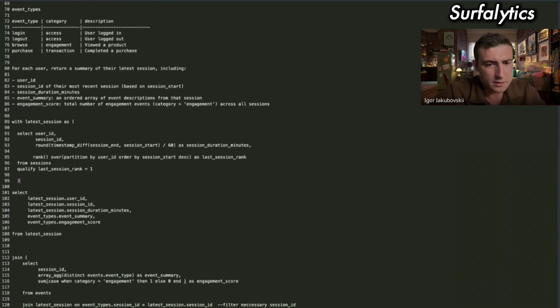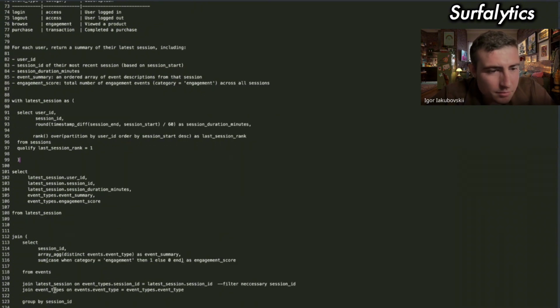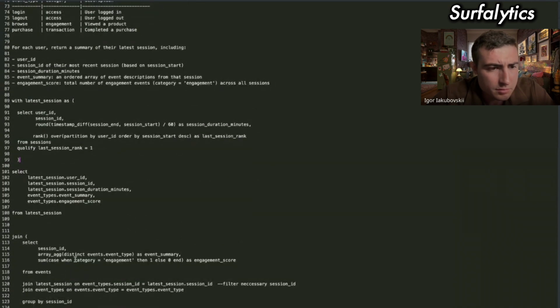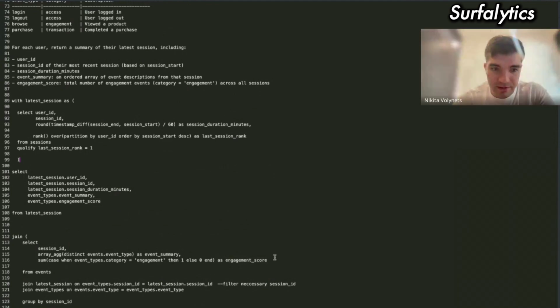And sum case when category from event types engagement, then one else zero. Yeah. One join. Yeah. Now I got it. Now I think it's good.